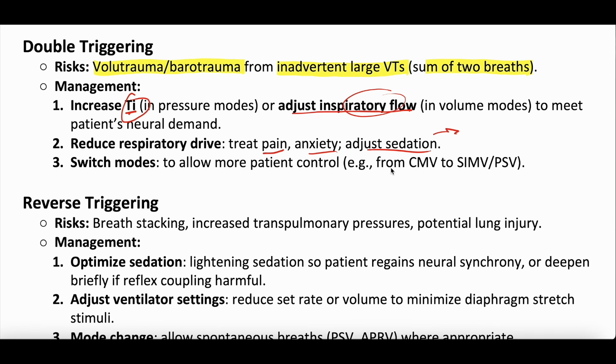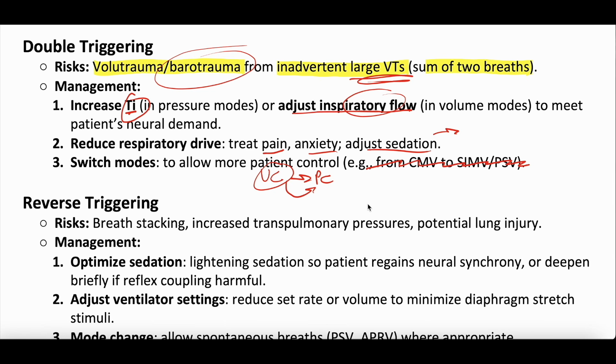You can switch modes. Again, we don't really use these much, but sometimes if you switch from volume control to pressure control it liberates flow a little bit. Patients can kind of determine their own flow. So if patients are having a lot of double triggering or flow starvation in volume control, if you switch them to pressure control, they tend to like that better. So my approach is I adjust the I time, I look at the flow rate, I do all that, I make sure they're not in pain, make sure they're not anxious. I will sometimes switch modes to pressure control, and if I can't fix it at all, and if it's causing these large tidal volumes that are increasing barotrauma, I sometimes will increase their sedation, but that's kind of a last